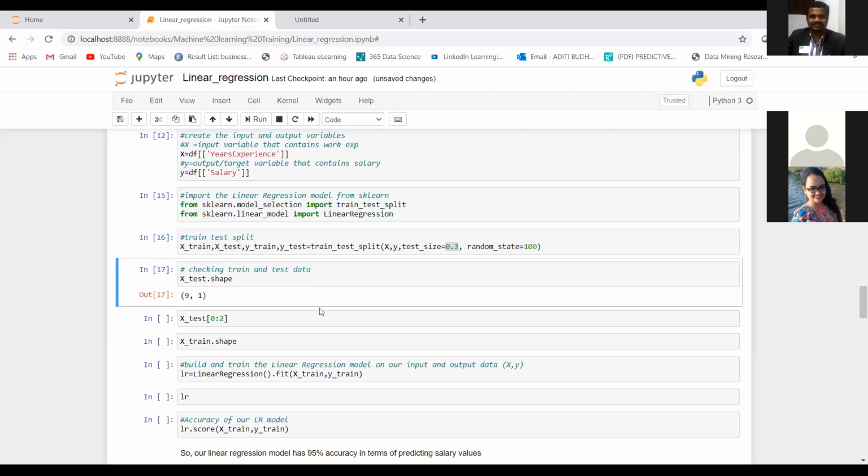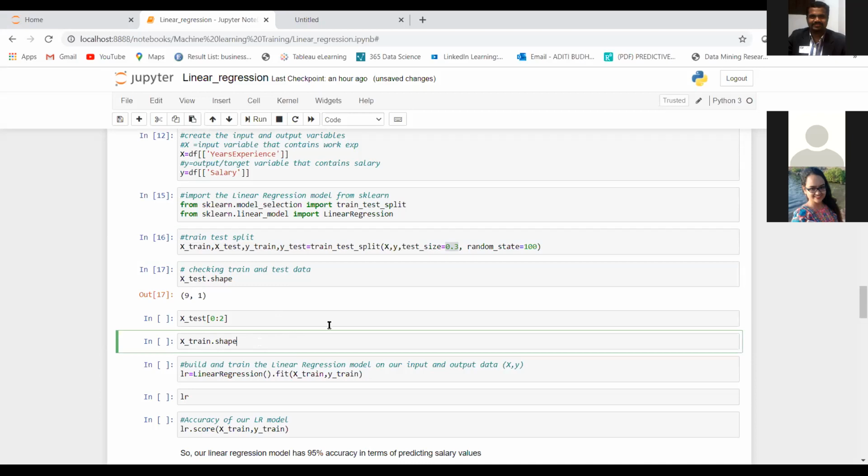And can anybody guess how many rows we will have in our training data set? Can somebody just quickly put that in chat? Correct.